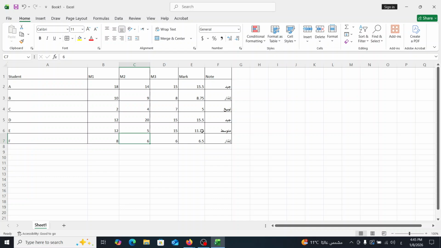Now once this value is inferior to 12, the nested if function that we've written recalculated the value of this cell based on the value of this cell, which in itself was recalculated based on these 3 values. Okay,